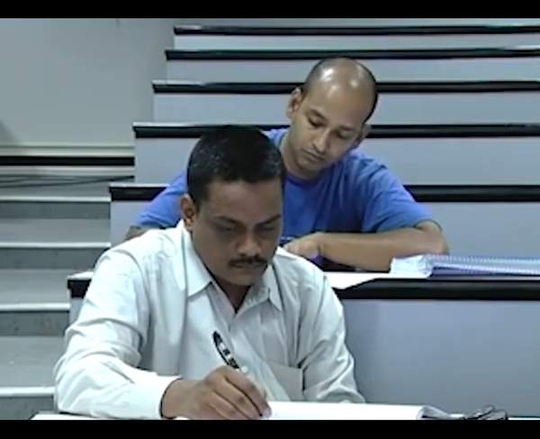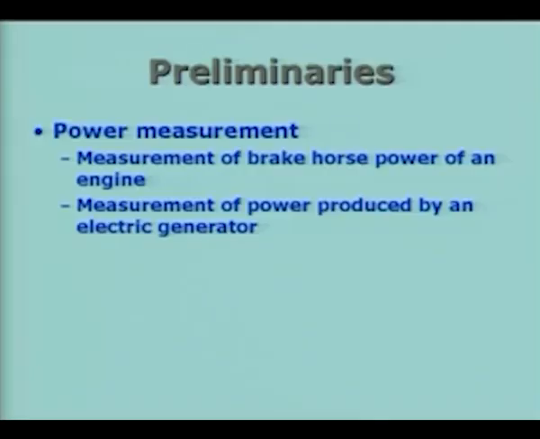In a laboratory where engines are being tested, one of the most important things we do is to test for the horsepower or the power output of an engine, and it is usually called the brake horsepower, as we will explain later why it is called the brake horsepower. We may be interested in finding out what is the power generated or produced by an electrical generator, for example. There are various ways of measuring these quantities, and we will look in detail at some of the more important ones. We will not be able to discuss everything.